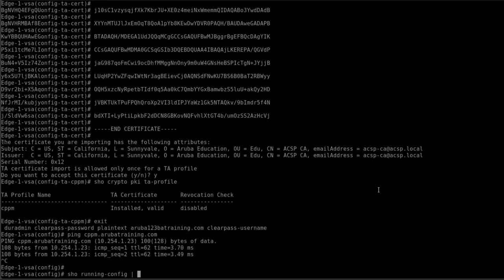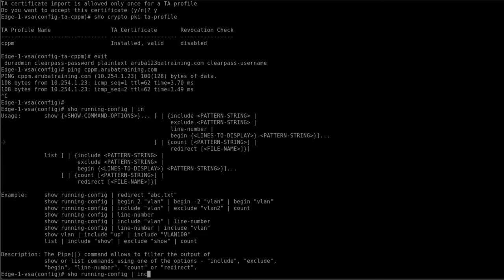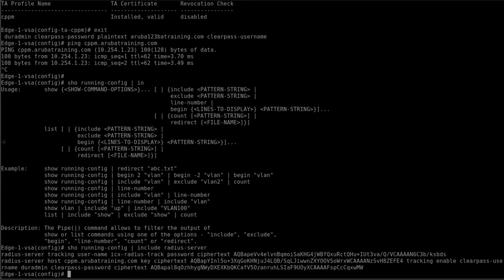I'm going to filter that, include radius server. That tells us what's going on with that radius server. Okay. Tracking and ClearPass username, DR admin, and the password we have created now. So it's being configured, and we can show radius